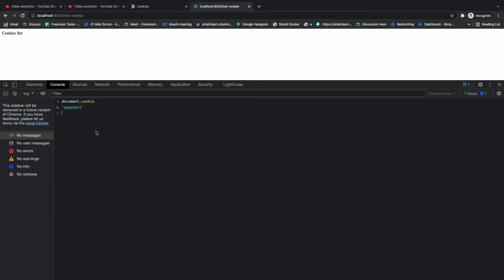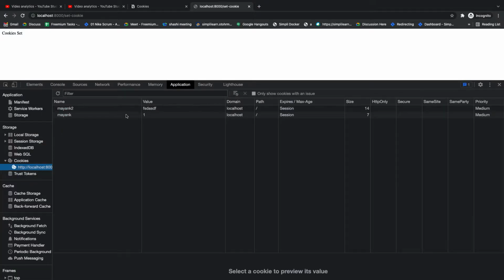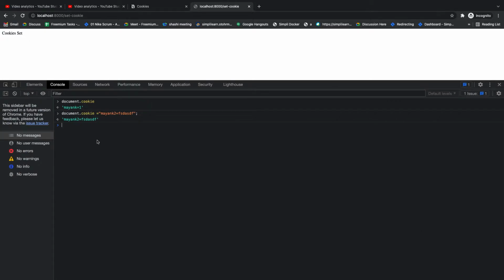Now let's understand how we can create cookies. We have the document.cookie API, which allows us to set cookies through client side code. Here I can set Mayank2 and then some value. Once I do that, my document.cookie will be updated, and here I'll have Mayank2, and the cookie is set. There are different attributes for these cookies, and we will talk about each of them in detail throughout this video. For now, we have learned that cookies can be set through the client side. Now how can we set cookies from the server as well?